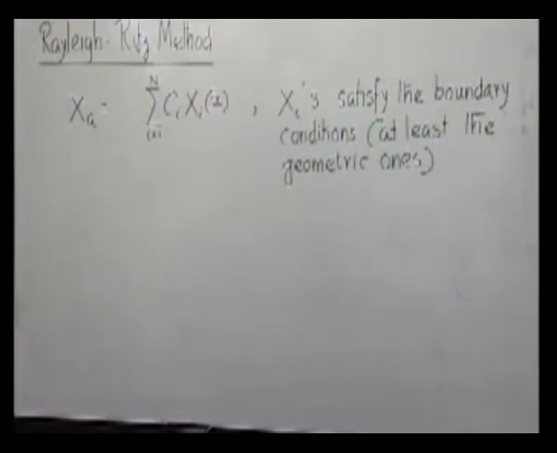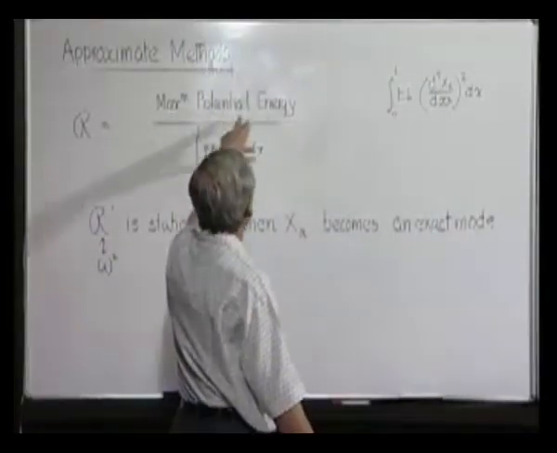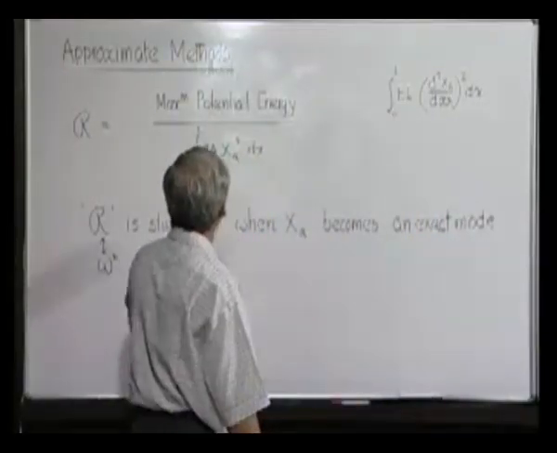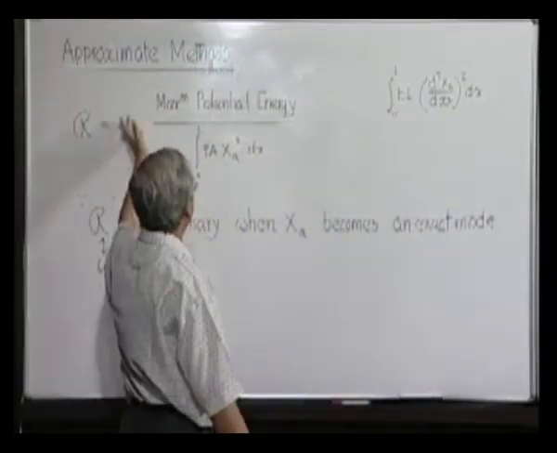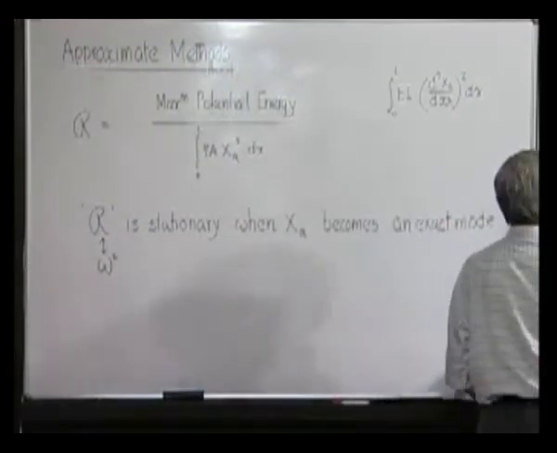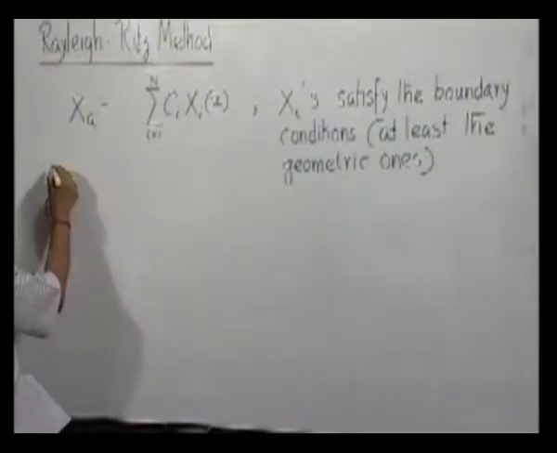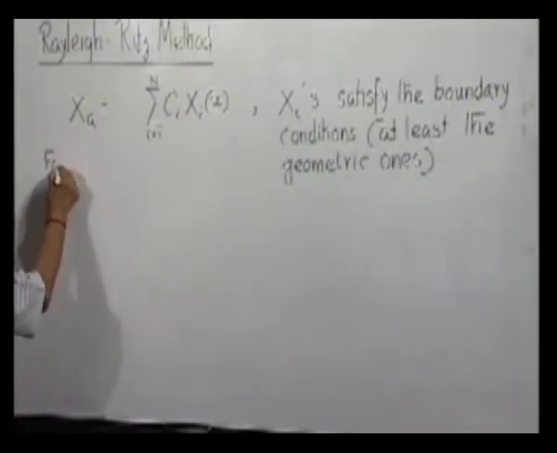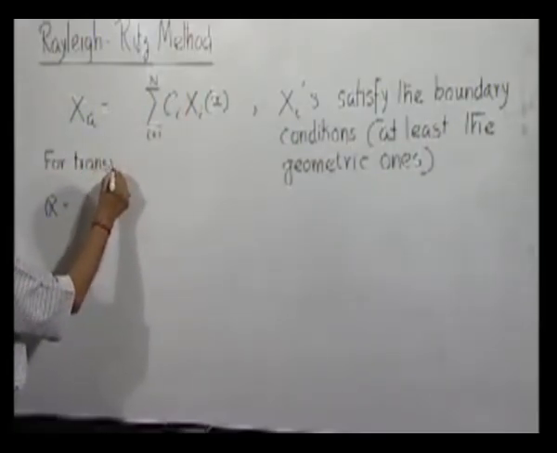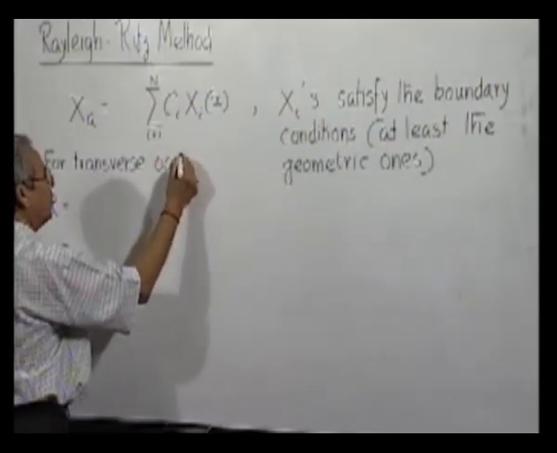Now, if we do that, then what will happen if we substitute? This is also a function dependent on quantity dependent on xa and derivative. Here also it is dependent on xa. So, as a whole, when this quantity is found out, the Rayleigh's coefficient will be equal to, for transverse oscillation, in beam mode,